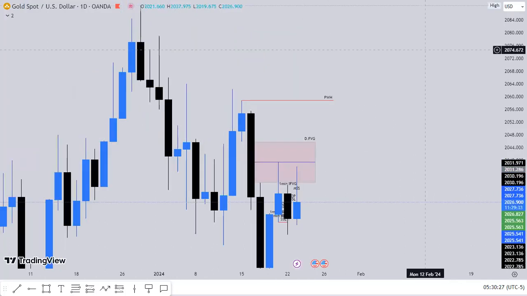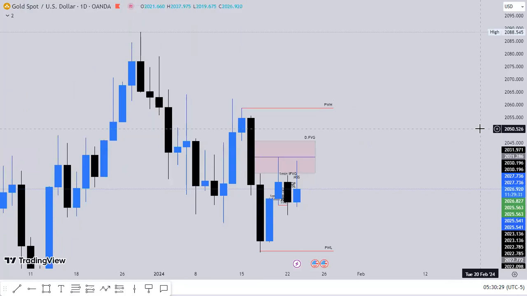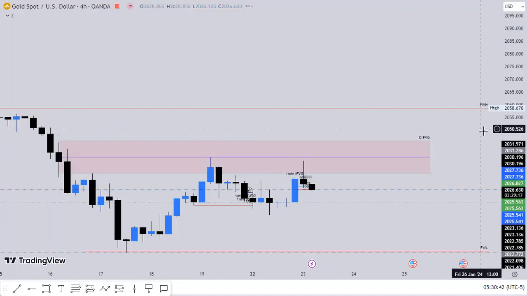On the daily fair value gap, what I want to see is an MSS. On what time frame must I see the MSS? 1 hour. True, 1 hour. Yeah, true. In the 4 hour also,